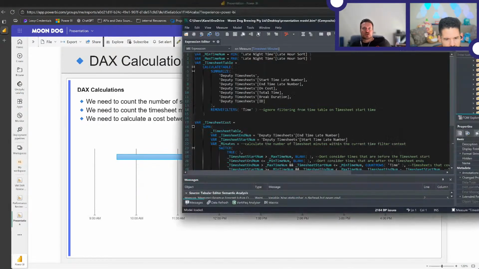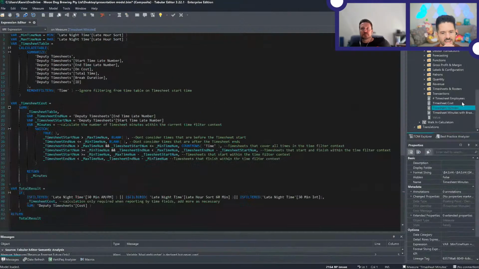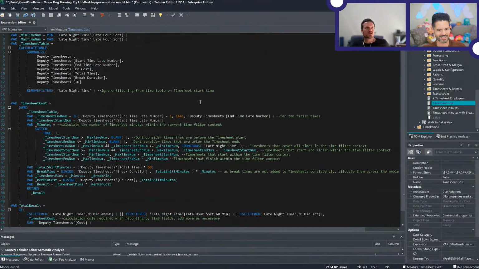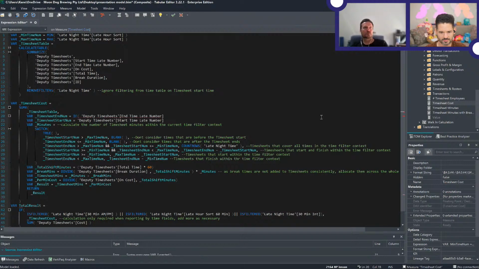All right, last one is cost, which is probably, and the most important, because that's where the money is, literally and metaphorically. We have a cost on a timesheet, usually a total cost for the timesheet. But again, we want to see